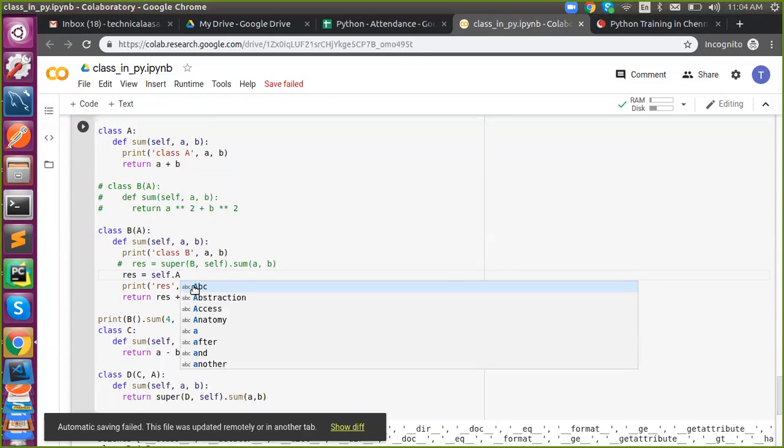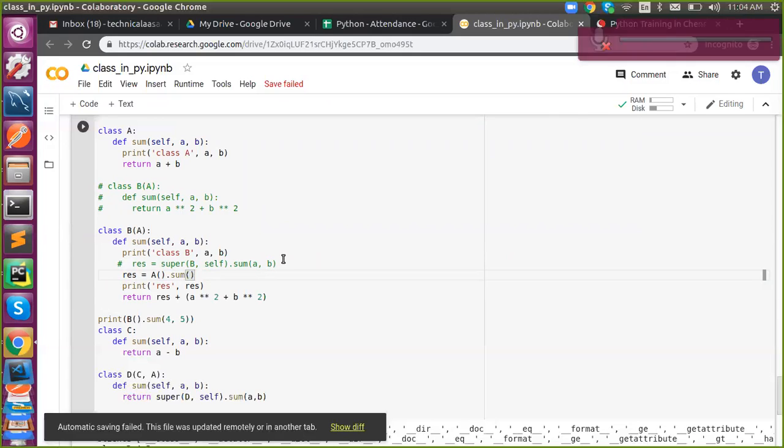You won't get a self dot A instantiation. Or you can say A instantiation dot sum, A comma b. Yeah, this will work. So this is also sound. It will also trigger that same class, right? Instead of what super is doing, the same thing will be done.